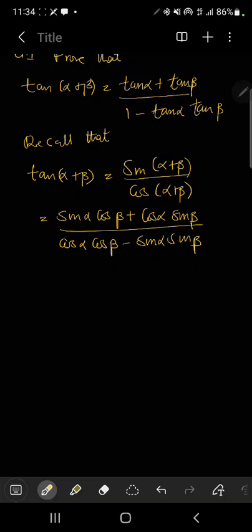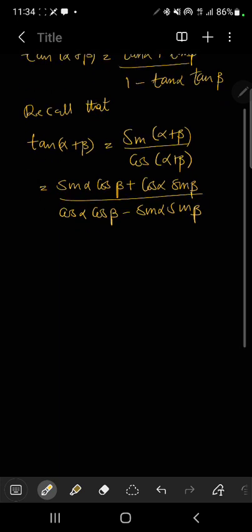Now in mathematics, we cannot just divide this part and forget. It simply means that our system won't be balanced. So in order to balance the system, we are going to say dividing throughout by cos alpha cos beta, we get